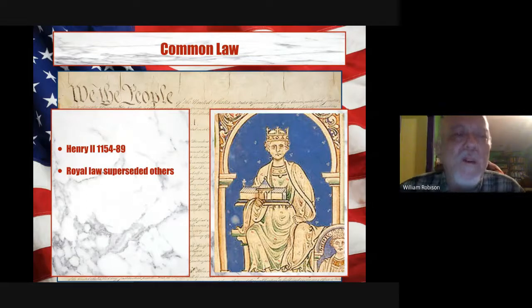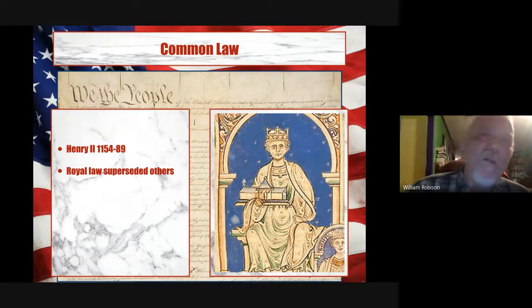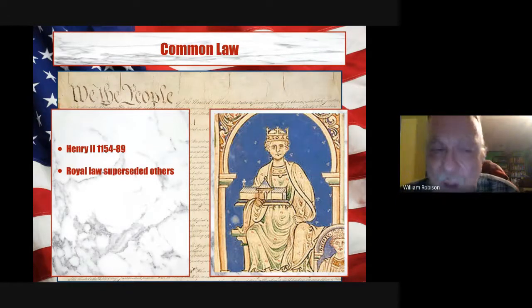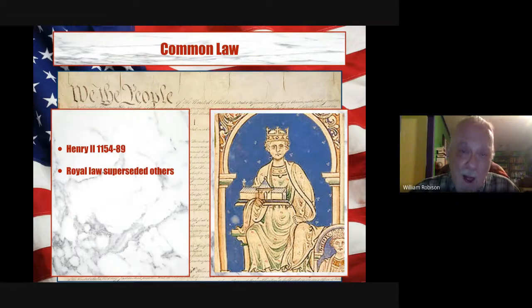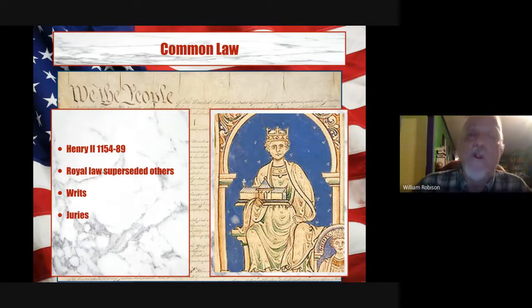What that really means is that in his day, the royal law came to supersede all other forms of law, all local law, all law associated with the barons, even law associated with the church, so that it genuinely was common. And it applied to everybody in the same way. Everybody had access to the same courts. Everybody had the same access to legal processes like the use of writs, which generate various kinds of legal action, juries,